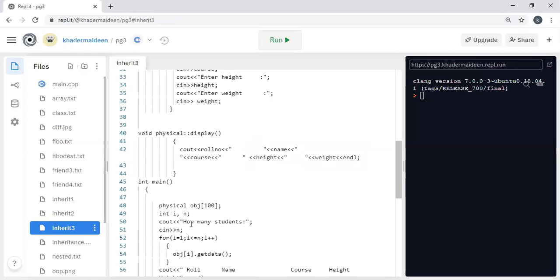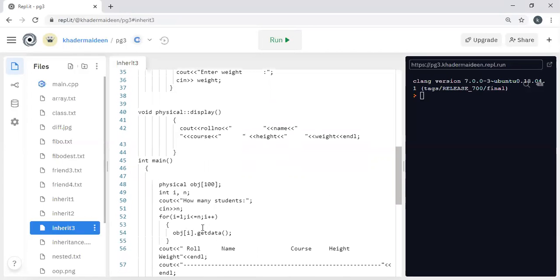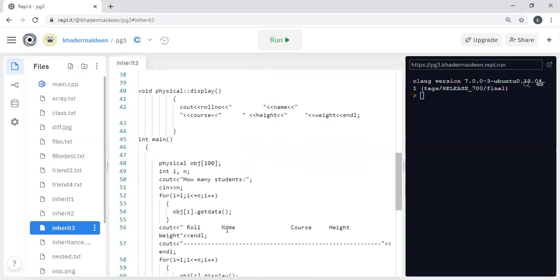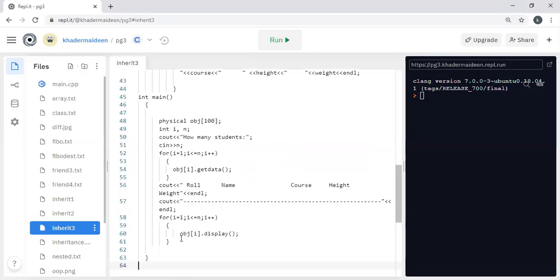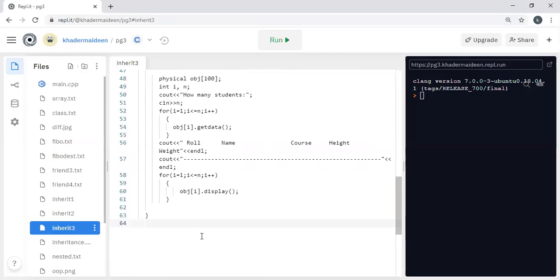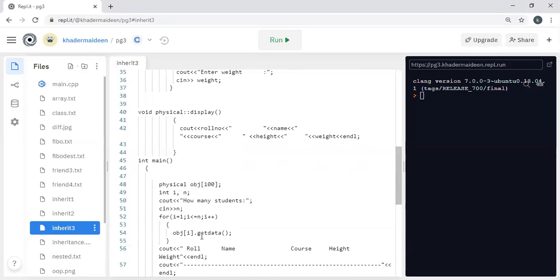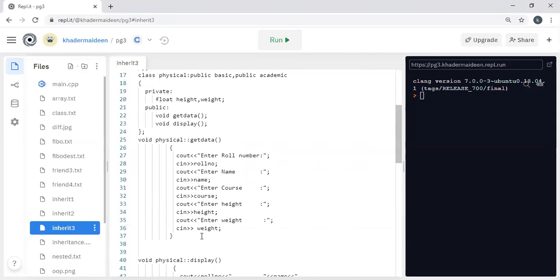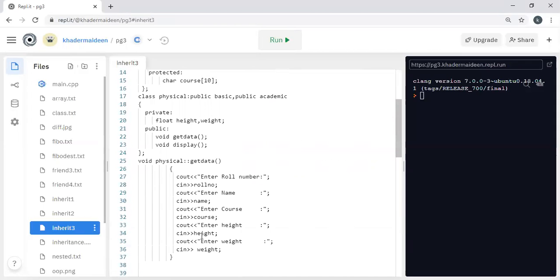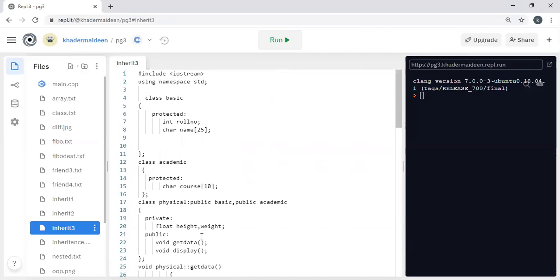Then read how many students. Suppose there are 50 students, we read 50 data. After this is the heading. Then we display the 50 students' details here. So this is multiple inheritance. Now let me execute this program.